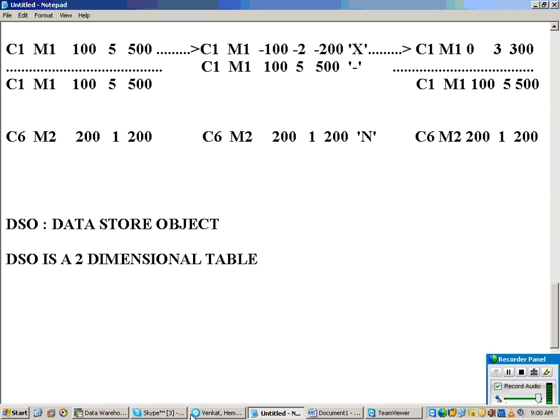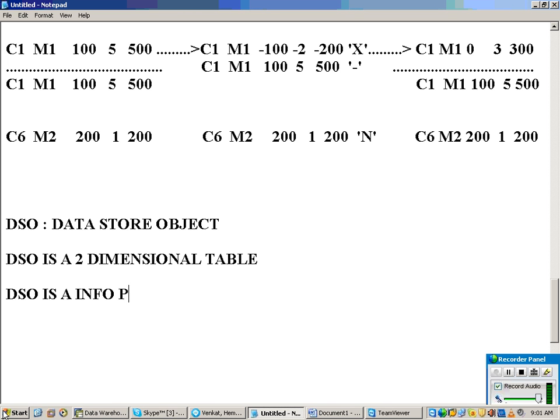So a cube is what we said? Multi-dimensional. You have the concept of fact table and dimension tables. Moreover, if I was taking customer number, the storage is in the form of dimensions. But here it's not like that. If I'm taking customer number, the storage is also in the form of customer number only. Clear? So a DSO is a two-dimensional table. It's flat, just like how your data is stored in R3. In the same way, if you want to store data in BI, you can use a DSO.